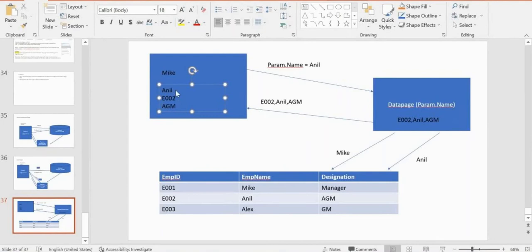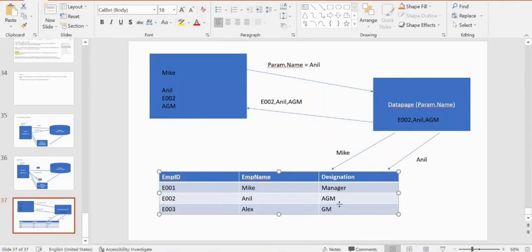So what did you understand by this? Whenever the parameter gets changed, your data page is going and hitting the database. First time, second time. If you change it 10,000 times, then 10,000 times your data page is going and hitting your database, which will decrease the performance. Hitting the DB always will decrease the performance. To avoid that, we are going with the keyed data page.